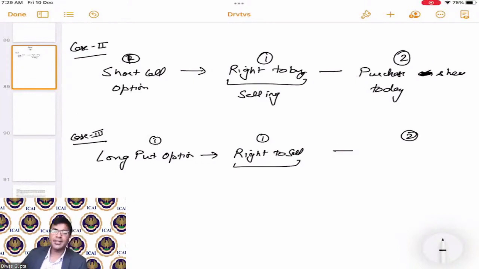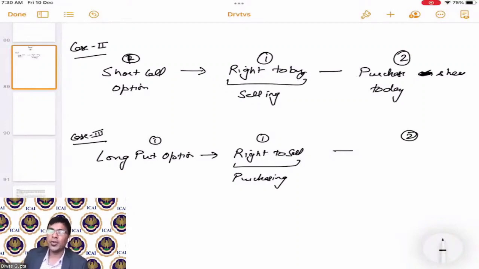I will repeat this. Long put option. That means I am purchasing the right to sell, in case I am going to exercise the option of right to sell on a future date. That means what I will have to do is, if I'm selling the share,